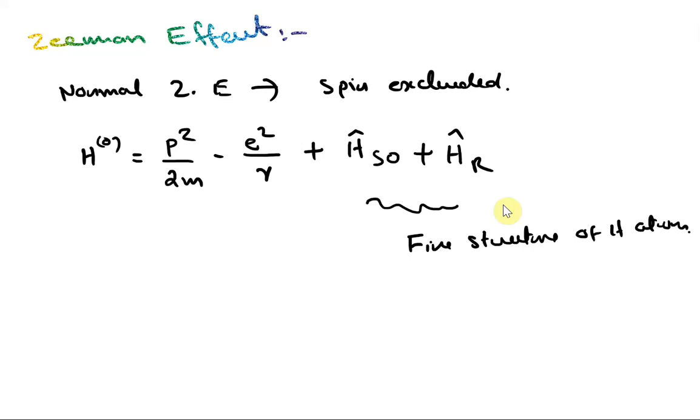Okay, so together, if I know this part, I can write that as the fine structure Hamiltonian, H_FS. All right, so that is the correction of the entire Hamiltonian. So this entire equation is our hydrogen atom equation without the application of our magnetic field. Now what we have to do is introduce the hydrogen atom into the magnetic field.